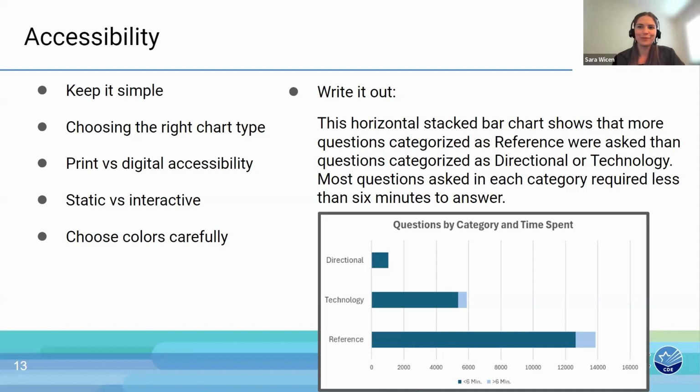This next bullet, the top left, keep it simple, pretty straightforward. I am always talking about how the more simple a visualization is, the easier it'll be to understand. It's not necessary to make it the most colorful, complex. I definitely get caught up sometimes in wanting to make these visualizations that show everything I'm trying to say.